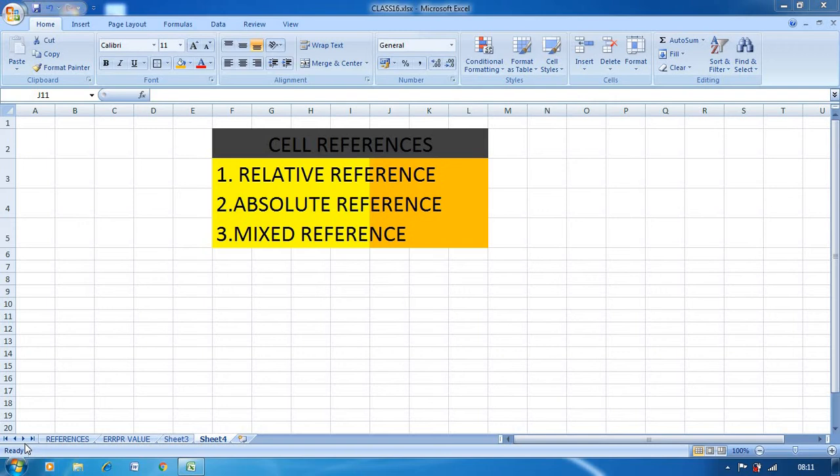Cell reference refers to the cell address when a formula cell is copied to a new cell. Cell reference specifies whether a row number or column name has to change or not when the formula cell is copied to the new cell. So here we can easily see